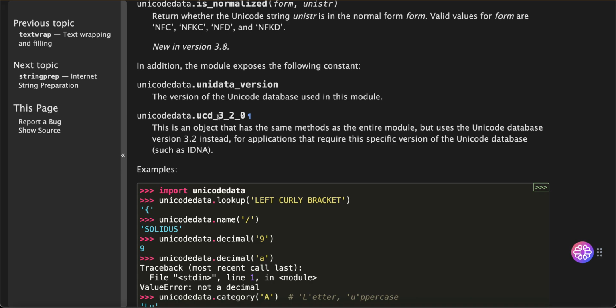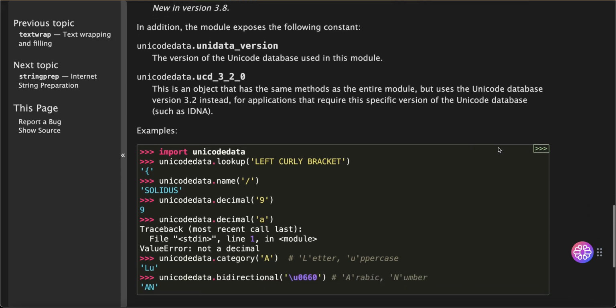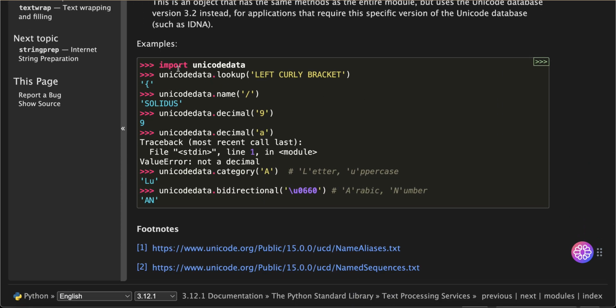unicodedata.ucd_3_2_0: this is an object that has the same methods as the entire module, but uses the Unicode database version 3.2, for applications that require this specific version of the Unicode database, such as IDNA. Examples: